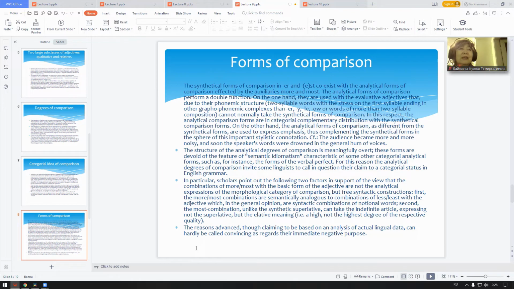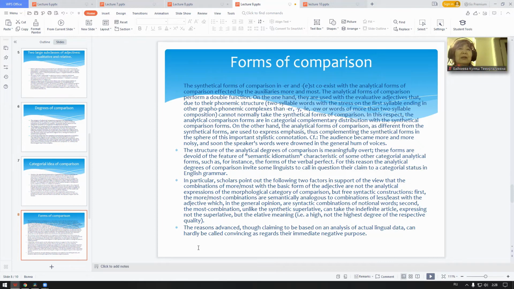For this reason, the analytical degrees of comparison invite some linguists to call in question their claim to a categorical status in English grammar. In particular, scholars point out the following two factors in support of the view that combinations of more, most with the basic form of the adjective are not the analytical expressions of the morphological category of comparison, but free syntactic